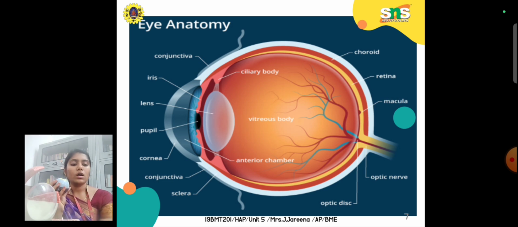Okay, so far we have discussed the middle layer. The middle layer contains the choroid, and continuing with that we have the iris, and then you have your hole, that is a black hole. That hole is nothing but the pupil of the iris. Okay, so next to the iris you will be having what? The lens. Next to the iris you will be having the lens in order to focus the light.